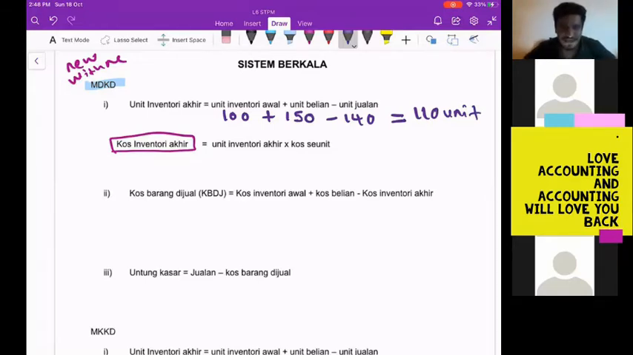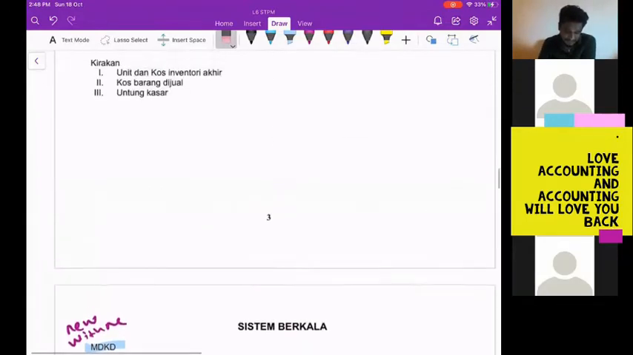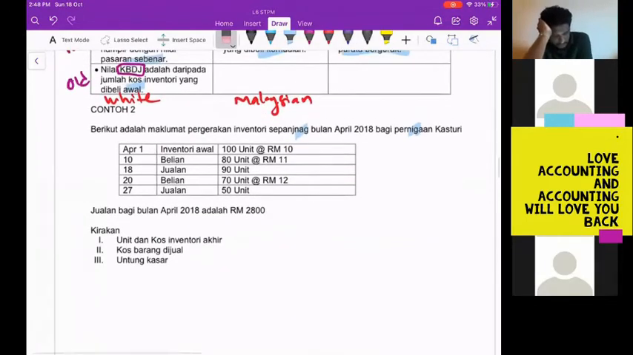Okay, now we need to calculate cost inventory akhir. How to calculate cost inventory akhir? We have 110 unit. How much is cost per unit? So I see the table. Which one is the cost per unit? This one is the cost per unit. But my cost per unit